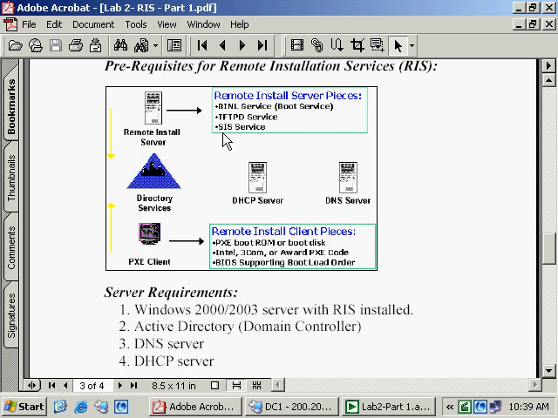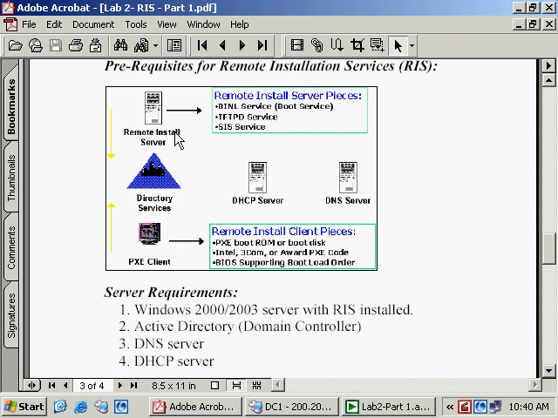Last but not the least, there is another service that is at work over here called SIS, known as Single Instance Store. This service is only there for efficiency, and I'll show you this later on. What you can do is you can have more than one client image residing on the remote installation server, and the PXE client can actually choose that, okay, I want image number 1 or image number 2 or image number 3. When you create several images, and if you recall that your operating system can only be Windows 2000 Professional, Windows XP Professional, or Windows 2003 servers in its different formats, then what the remote installation server does is that